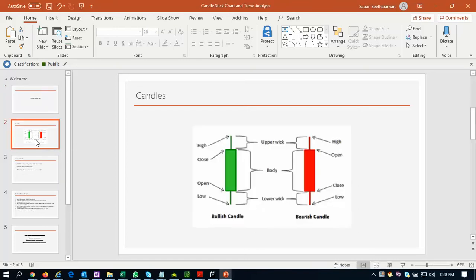For beginners who don't know how to understand candles, here is a brief introduction to candlestick charting. We have green candles and red candles. We can change the colors; nowadays the platforms are pretty flexible. We can have black and white or green and red, whatever color you want, you can tweak and change. But basically the concept is a candlestick chart consists of four price points: low price, open price, close price and